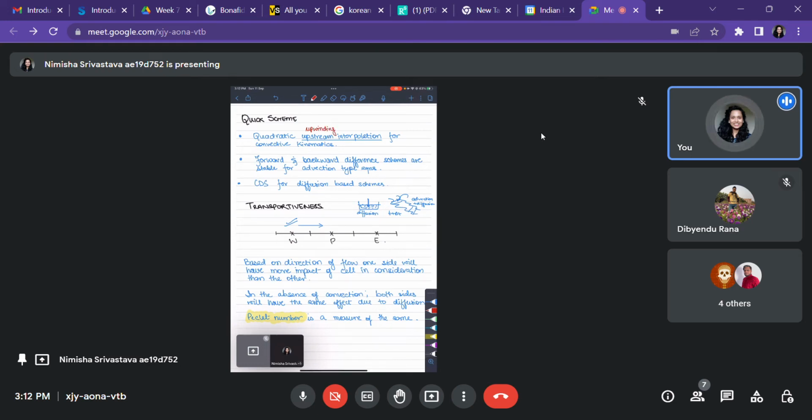Upwinding for convective kinematics. So basically when you're going to start developing your own solvers, whatever we are studying right now will make more sense. Right now it is a lot of random mathematics that you might find, where we are trying to represent the same thing, that is derivatives, spatial derivatives, in different forms. But why we are doing that is that each of these schemes has a different mathematical behavior which has real implications